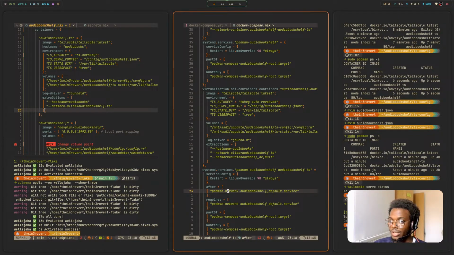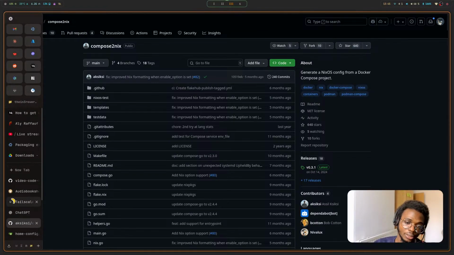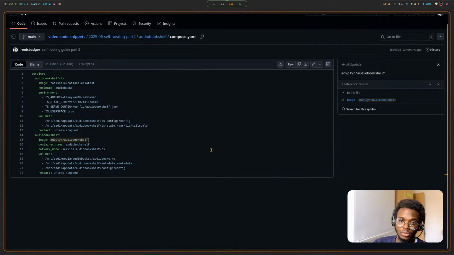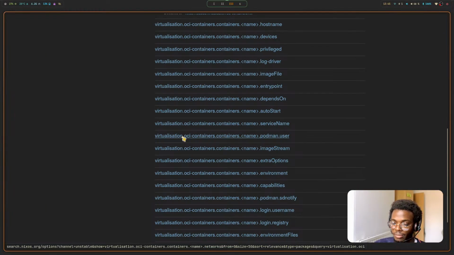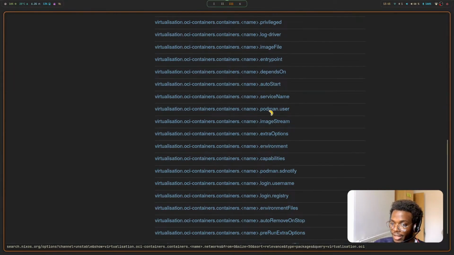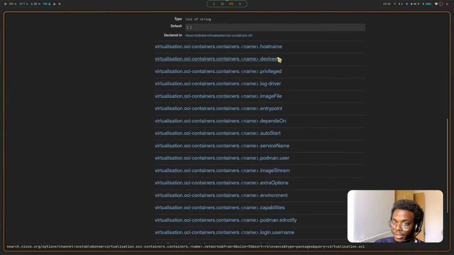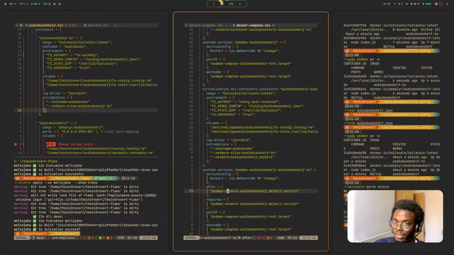The second issue that I had was, if you look at the compose file, there are some attributes that are present, like environment, host name, image name. They are all present in the OCI container, right? Because I'm using the OCI container for the creation of my own Docker application, and you can see it does have environment, it has email host name and all that kind of stuff. But what it doesn't have is